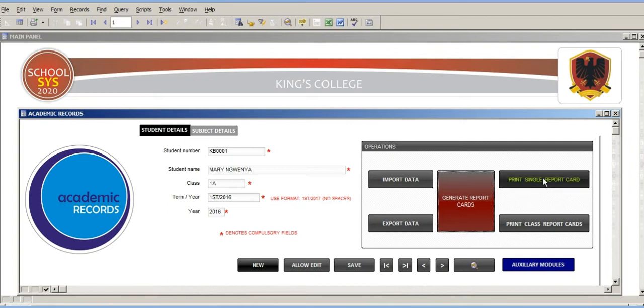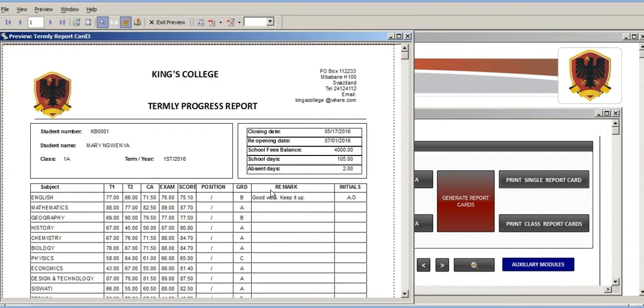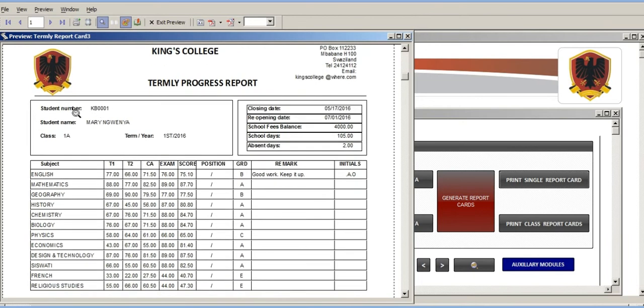For example, when I say print single report card, it will ask me for which class, and I have to enter the class, and for which student, this student number, then for which term and year, which is 1st 2016. And when I say OK, the student's report card should come out, and here it is for the student